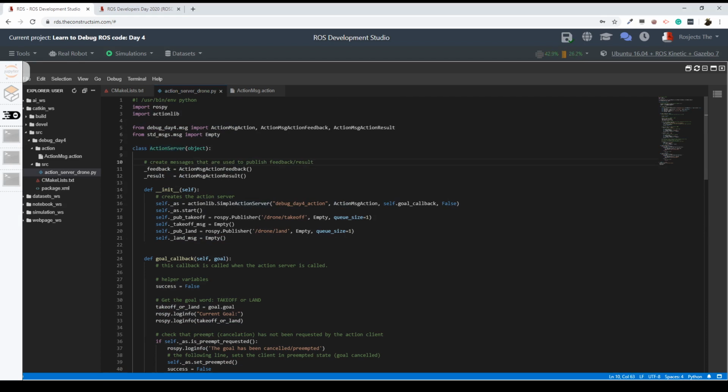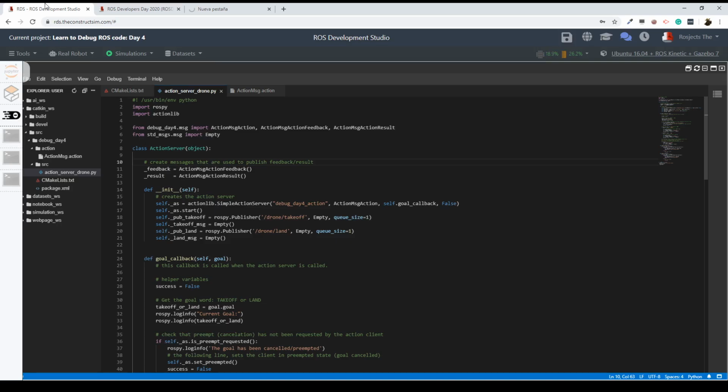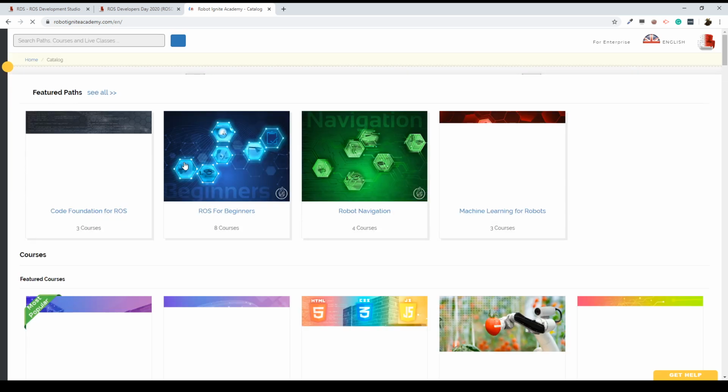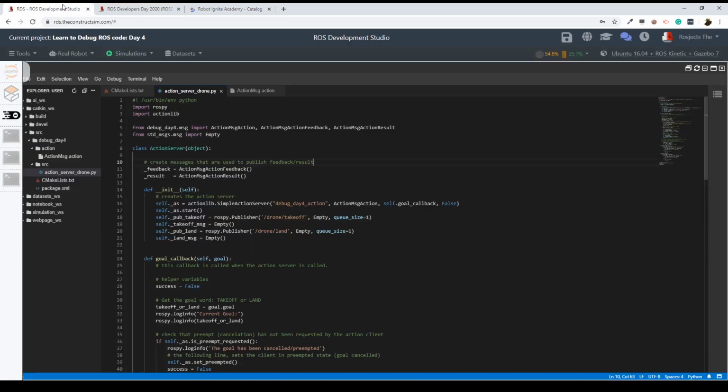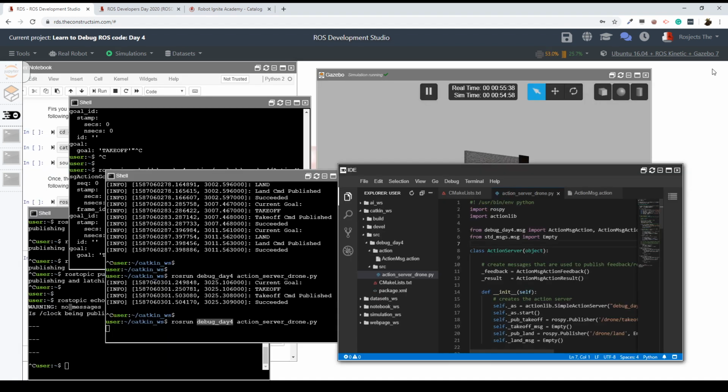If you want to learn how to create an action client, for instance, you are going to learn everything in our ROS Basics in 5 Days course, yes? However, there's a way in which I can send goals much faster, and I don't have to create a program. Yes? I can use, for instance,